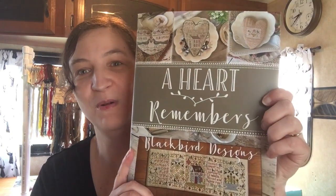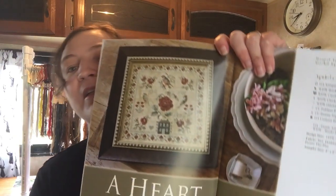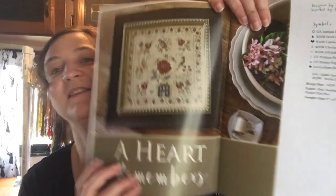Blackbird Designs. Okay, A Heart Remembers. There are several charts in here, and so I'm going to do my best to show you what I can without accidentally showing you the charts. Okay, here we go. This one's safe. This one is A Heart Remembers here. I maybe should have done post-it notes or something in here, but